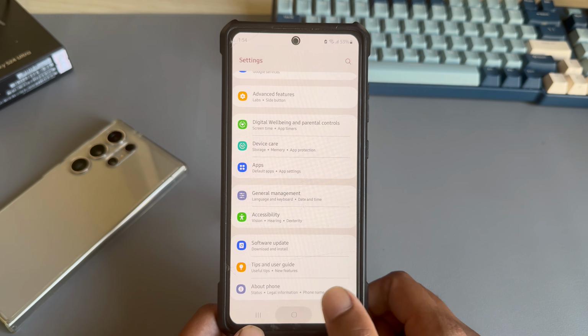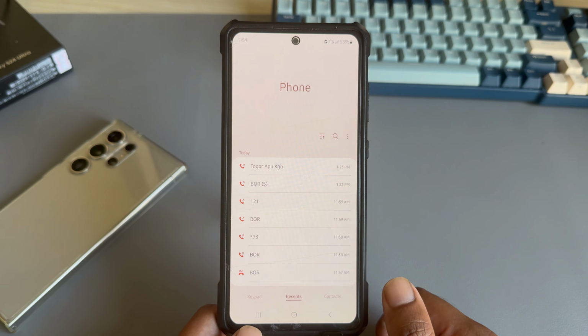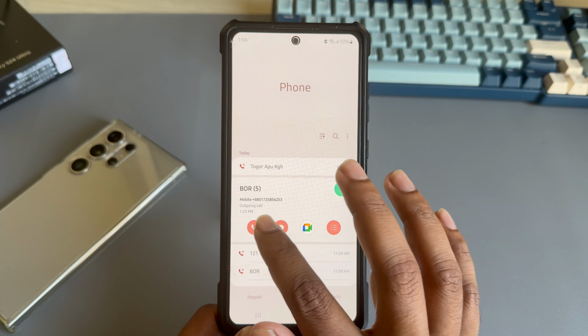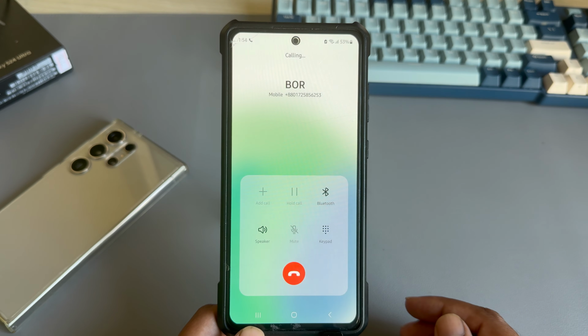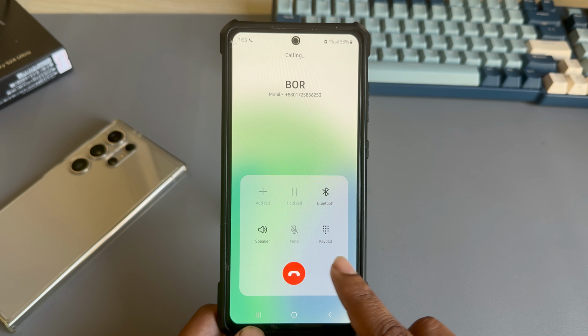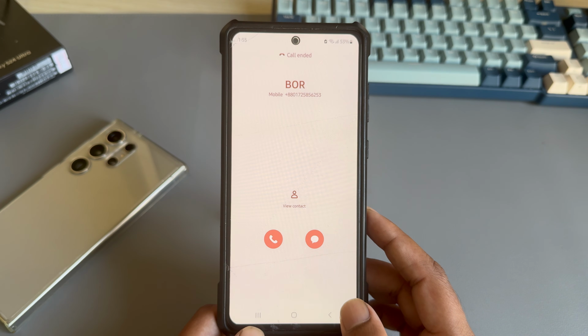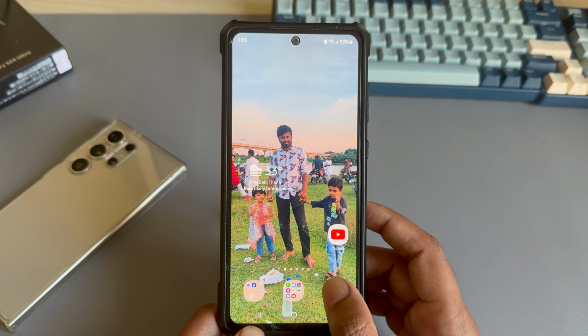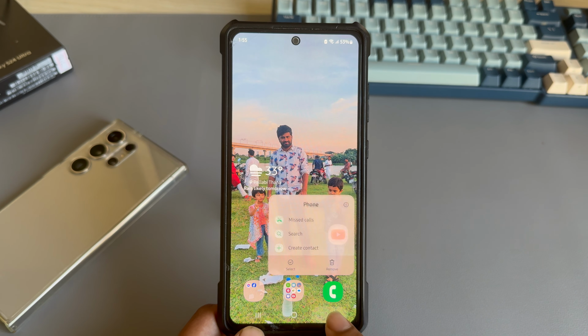and then go back. Now if you check, let's try to check how it's working. Now it's working perfectly. If you still struggle, then go back again, then press and hold the phone icon, then